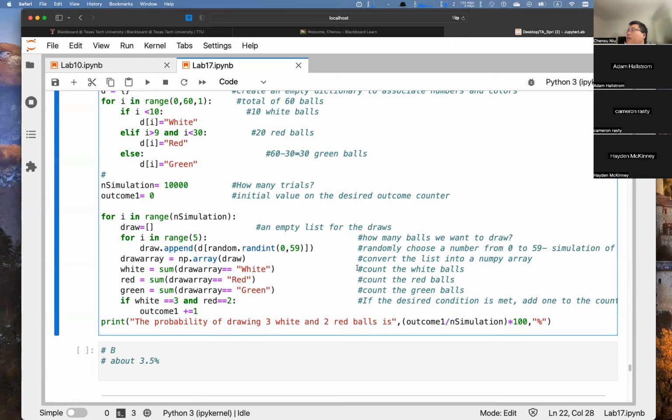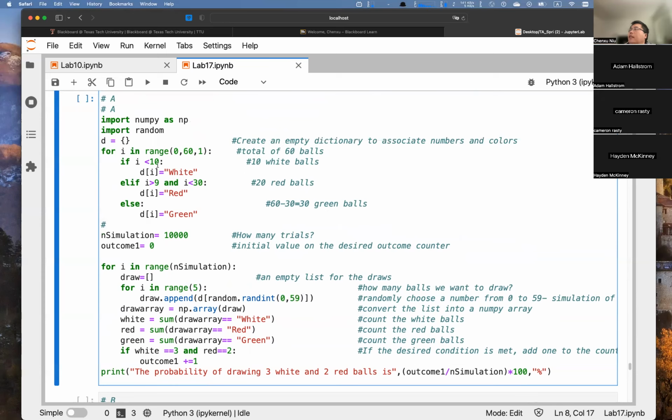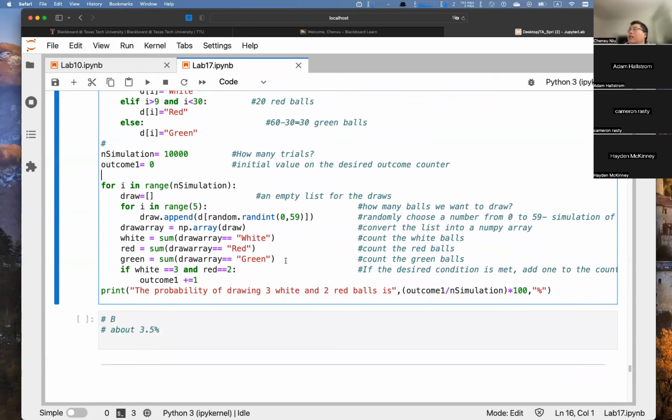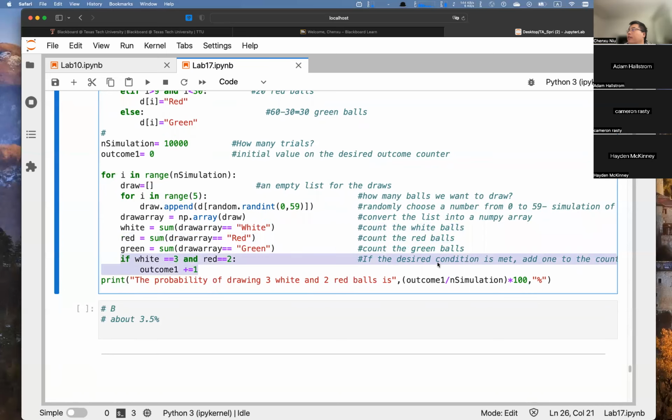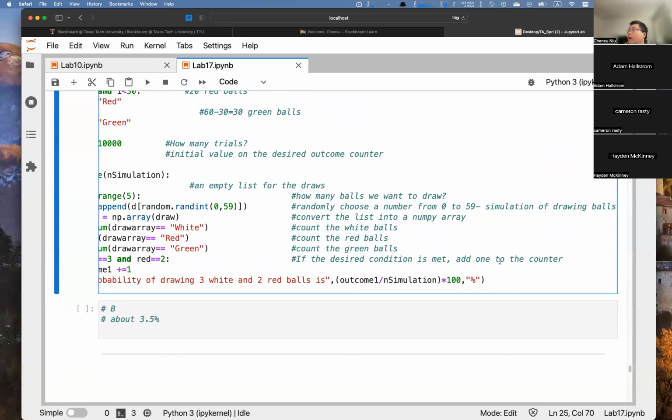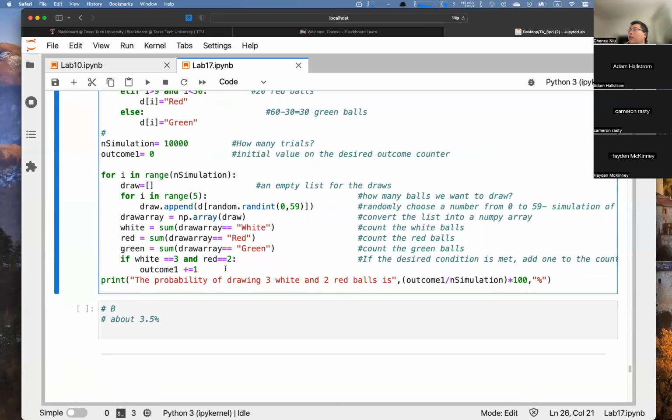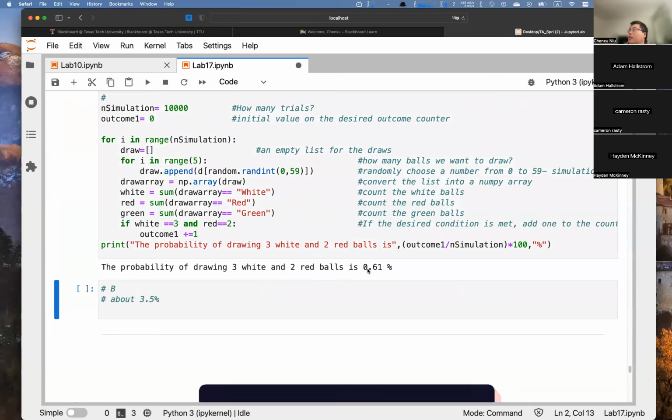After that, you can use this draw to get it. For instance, if the first number is 6, then you will know it is white, because here d[6] is white since i is smaller than 10. And if it is 40, then you will know d[40] would be green. You can use this way to count the number of balls of each color. And after that, if the desired condition is met, then add 1 to the counter, and the result would be only